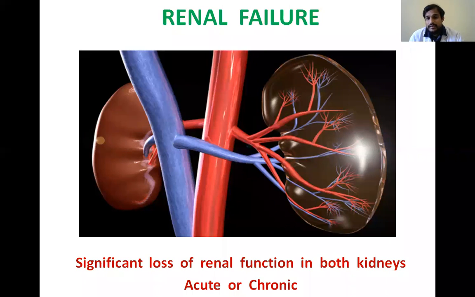And apart from that, retention. So reabsorption of some electrolytes and biochemical substances is done by the kidney. And apart from that, hormonal function. We know calcitriol, vitamin D is synthesized in the kidney, which acts like a hormone, and also renin is produced in the kidney. So these are the functions of the kidney. When there is significant loss in any of these functions, then it is known as renal failure. Significant loss means more than 80% loss of these functions denotes renal failure. So it can be acute or chronic depending upon the causes.